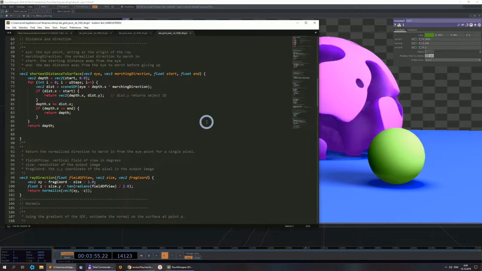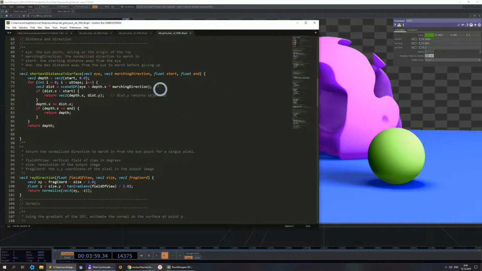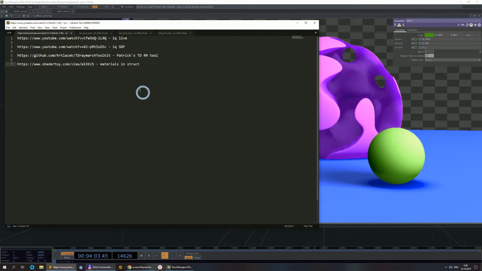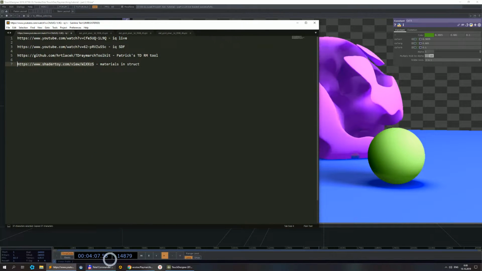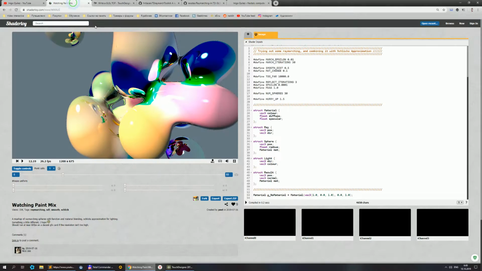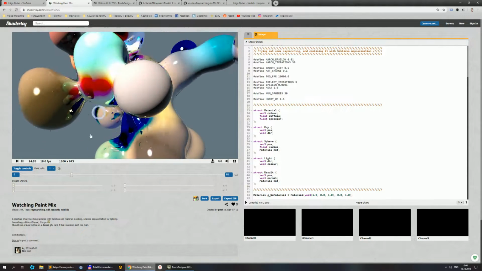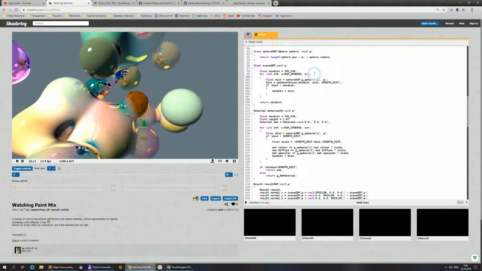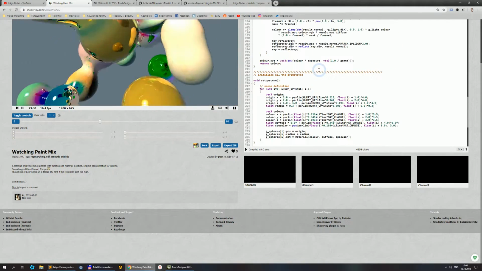But if you want something more complicated and more colors, you would probably need to use a different code, like here on Shadertoy. Here's a nice example with a lot of colors of different spheres, but as you can see, it's really different code, and I don't want to